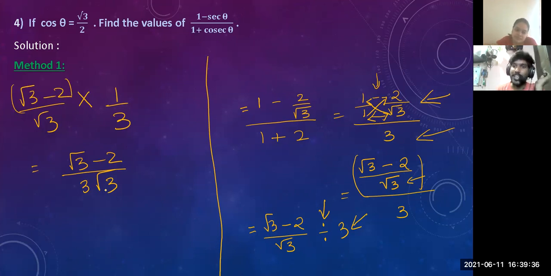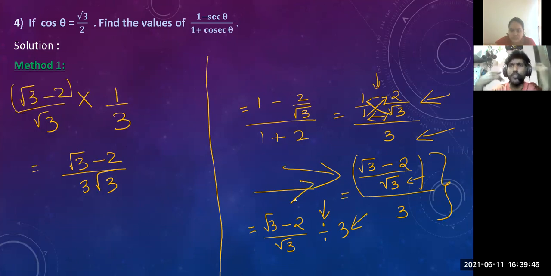You can leave the sum here also, up to here. At this point you can leave it. Suppose you forget what to do next, you're not understanding, you can leave it up to there because it is correct up to there also. That will not be the final answer. It's just one step more of simplification. It's not wrong.